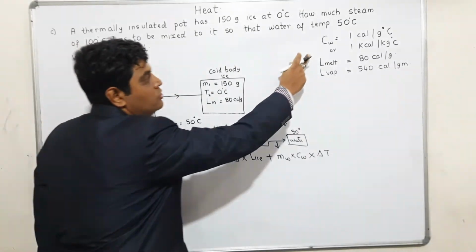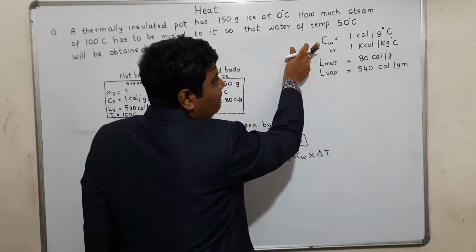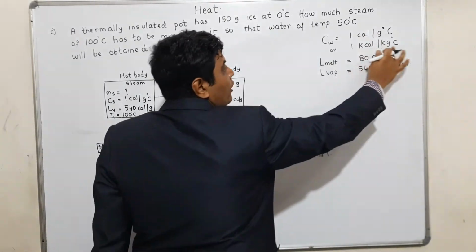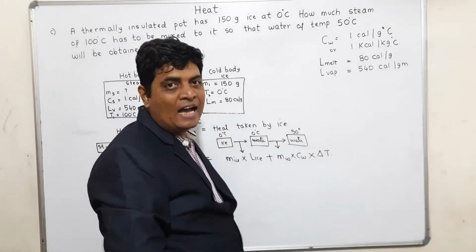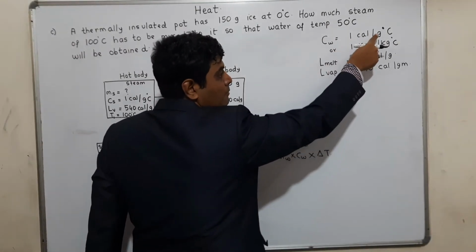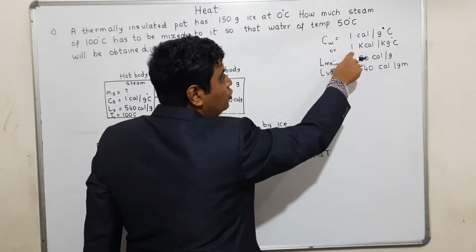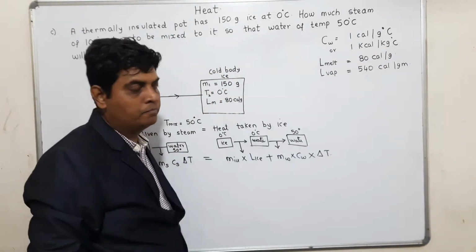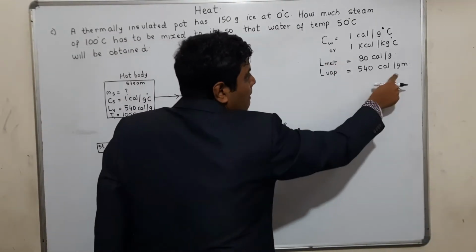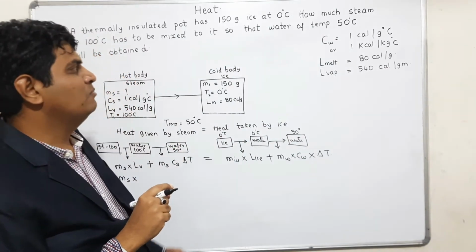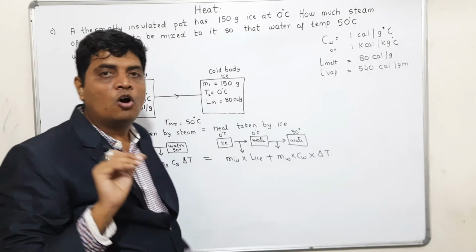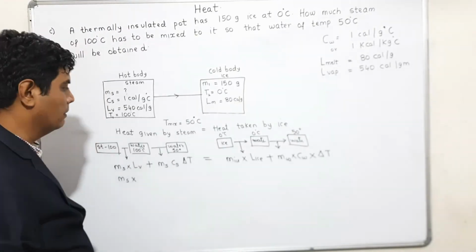See, you have to remember these units also. Specific heat capacity of water is 1 calorie per gram degree Celsius, and it is the same as 1 kilocalorie per kilogram. So if the mass is given in kg, either you convert it into grams and use 1 calorie per gram, or if you are keeping it in kg, then you use C as 1 kilocalorie per kg degree Celsius. And latent heat of melting and vaporization, you should remember this. In exam, they might give you these values, they might not give you. So you have to remember the values for water, ice and steam.